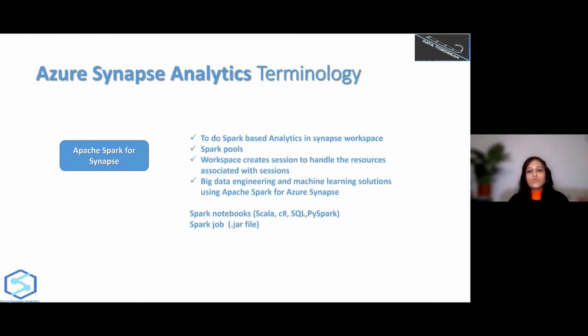So here are a few reasons. It allows you to do Spark-based analytics in a Synapse workspace. For that, you need Spark pools. And once you start your Spark pool, the Azure Synapse workspace automatically creates a session to handle the resources associated